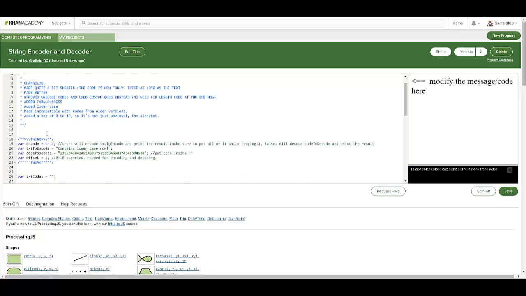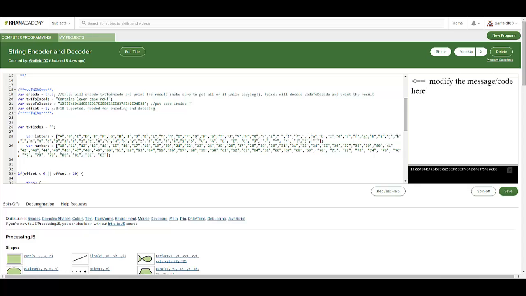It works by turning every letter into a number. So A becomes 10, B becomes 11. Now you might ask why I started at 10 and not at 0, 1. I'd have more space. I would, but one, I didn't need all that space, I realized.